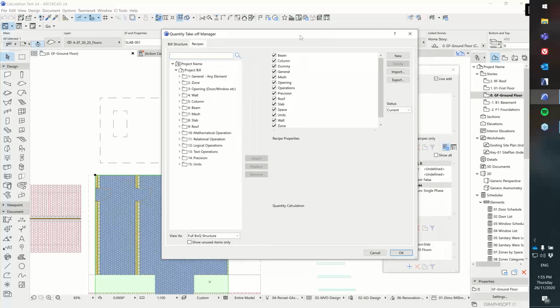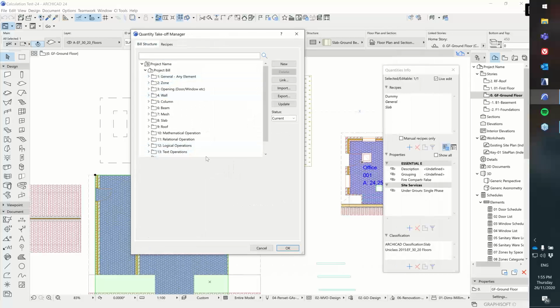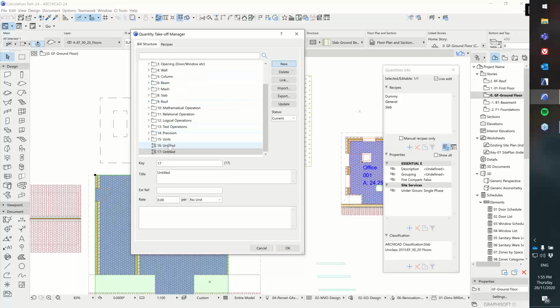I'll open up my takeoff manager, and you can see that I have a structure of bill elements already made in this project. Everything is put into folders just for the sake of neatness, and the way that you can create folders in your build structure is just by dragging. So I've just made two new ones called Untitled, and if I wanted to turn this 16 Untitled into a folder, just select 17 and drag it on top of 16, and now 16 is a folder and 17 is inside it. So it makes it nice and easy to work with creating extra bill elements here,